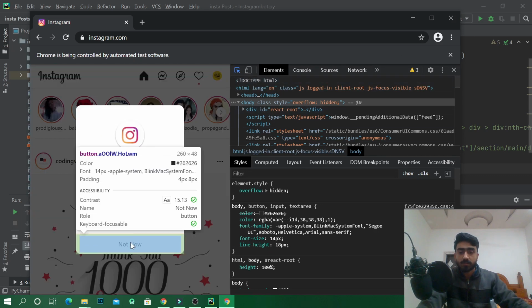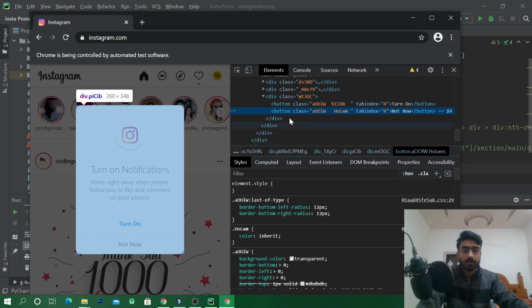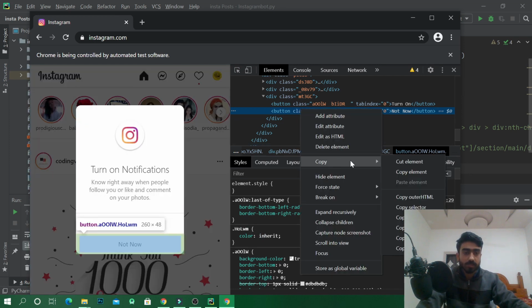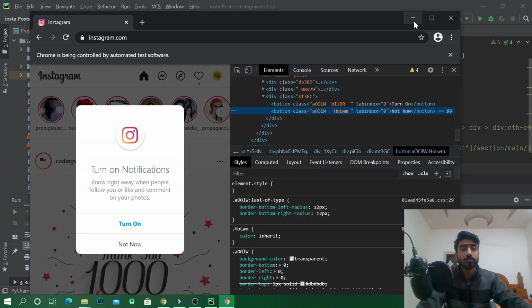We'll press this button, find this element, and copy this element's XPath. We can use either XPath or CSS selector, but XPath is more preferable.